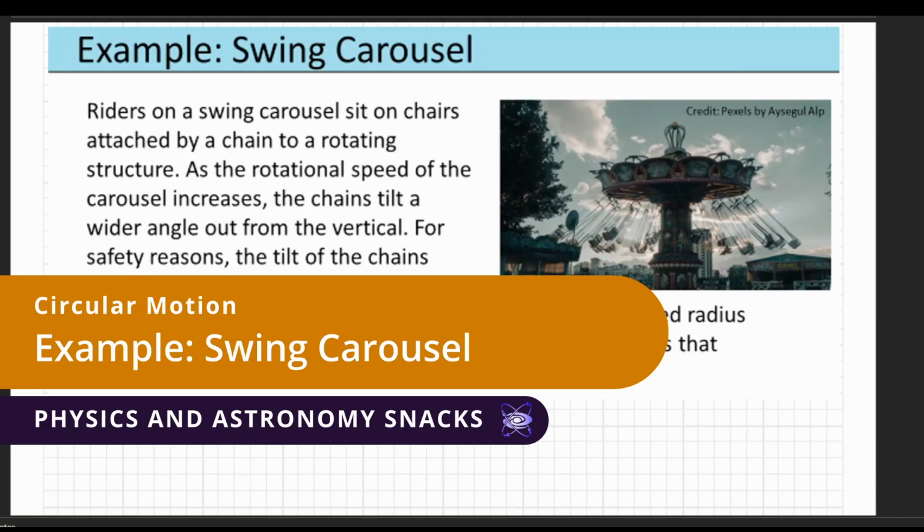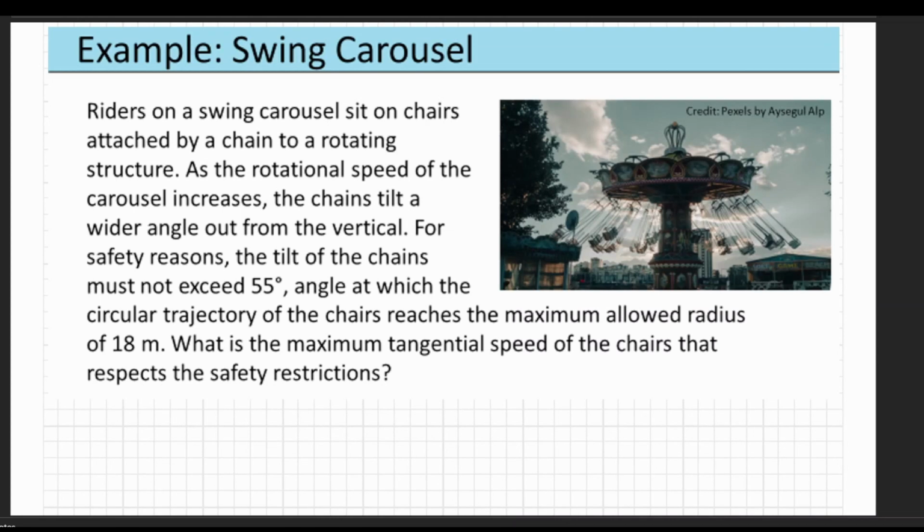In this problem, we analyze the motion of a carousel. The carousel has chairs hanging from chains. As the carousel rotates faster, the tilt of the chains will increase. Now, for safety reasons, the angle of the tilt of the chains should not exceed 55 degrees with respect to